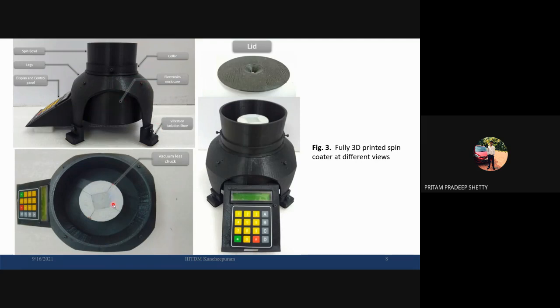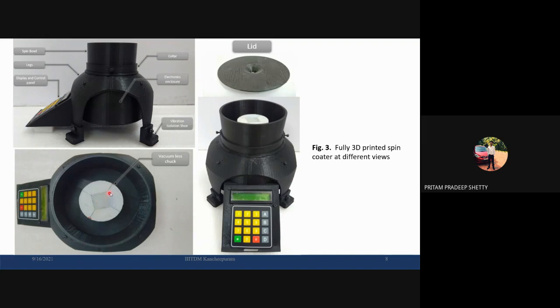Here you can see this is the chuck which is holding the substrate. Whichever bio inspiration I was talking about earlier, you can see here. First one is the tortoise. The whole structure is in the shape of a tortoise. As we are considering bio inspiration, we need not copy exactly. We are just aesthetically or functionally copying the nature of the structure. So this is about the tortoise.